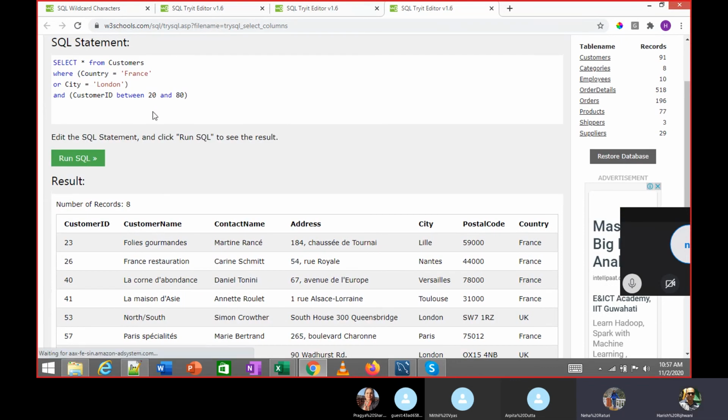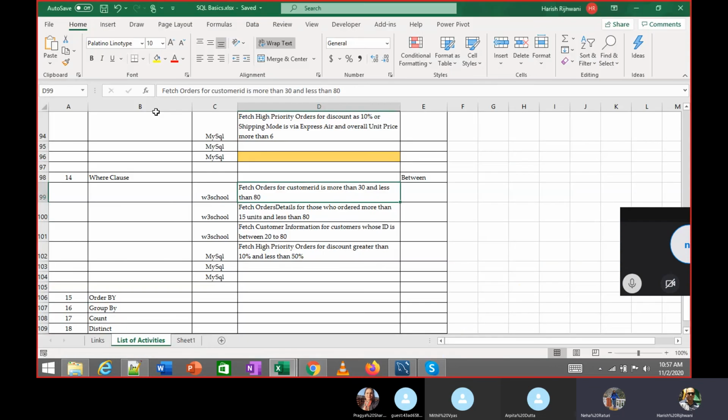You get the same output by replacing greater than and less than with between 20 and 80. Make sense?